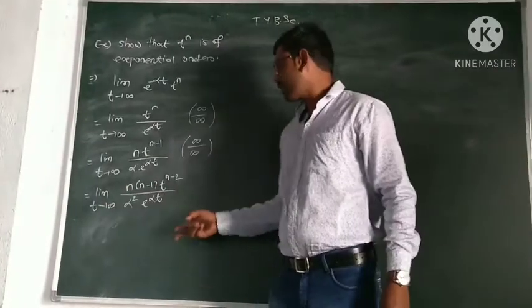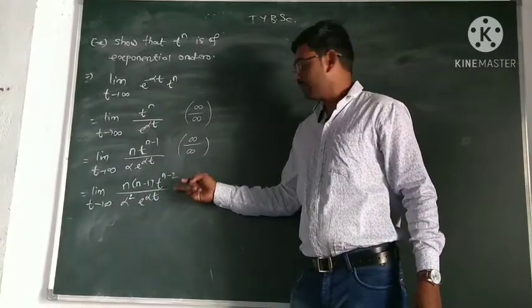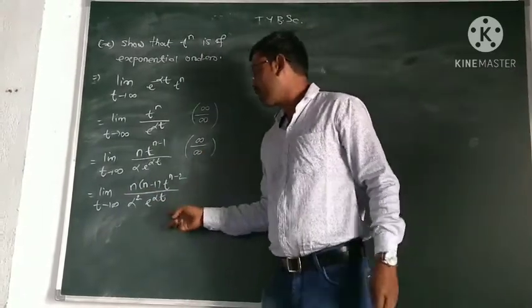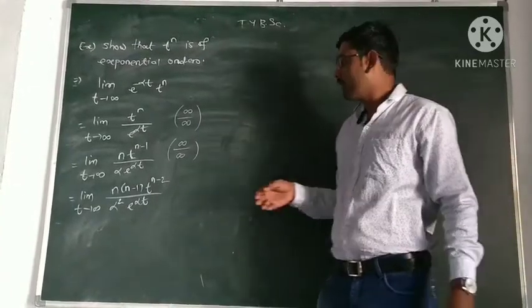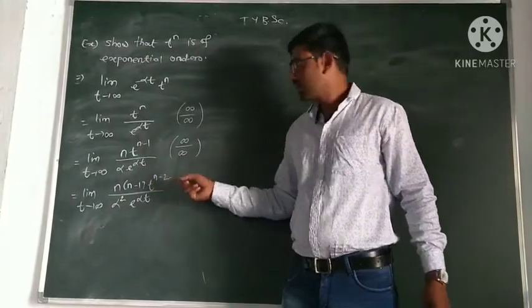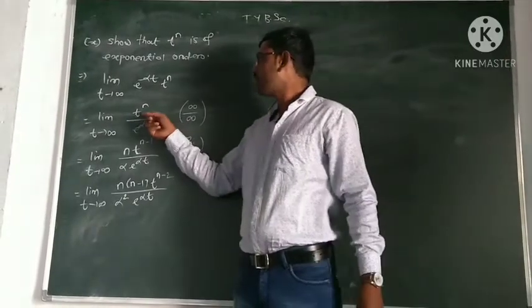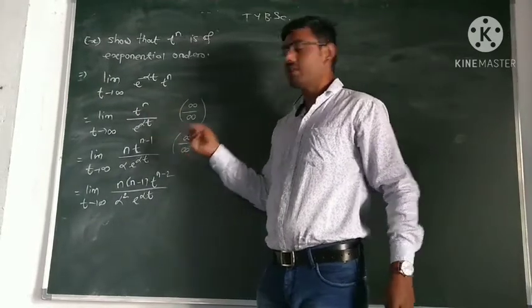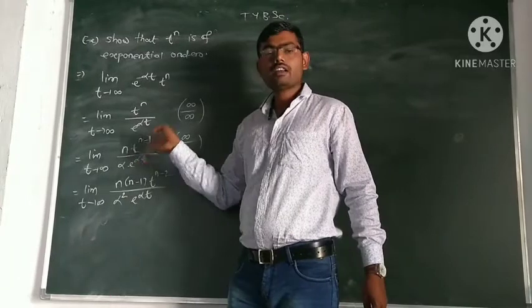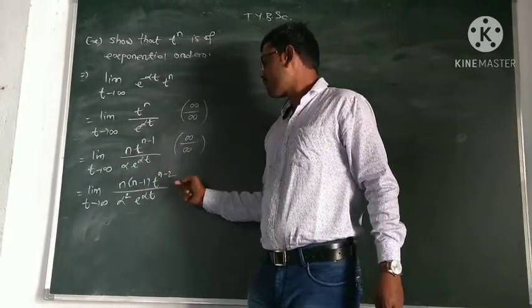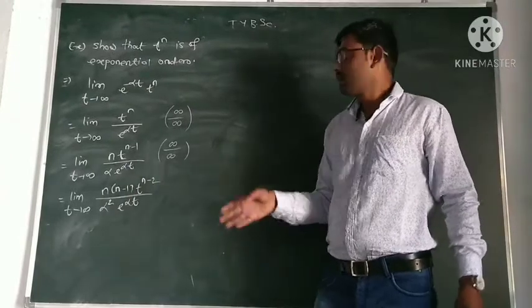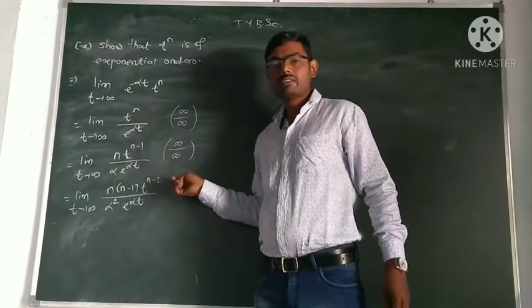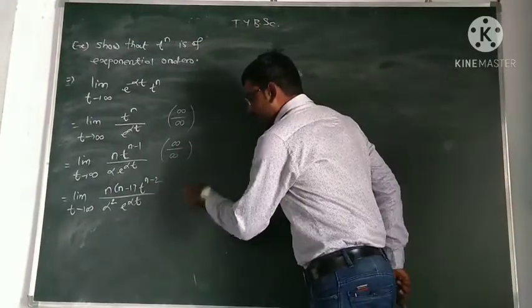Again as t tends to infinity, t raised to power n minus 2 tends to infinity, and e raised to power alpha t also tends to infinity. So again infinity by infinity form. So this will continue until the power of t becomes 0. At the first step, the power of t is n. When we take the first derivative and then take the limit, the power is n minus 1, then n minus 2. So we have to apply the L'Hopital rule n times. Then the power of t will become 0. So by continuing the process,